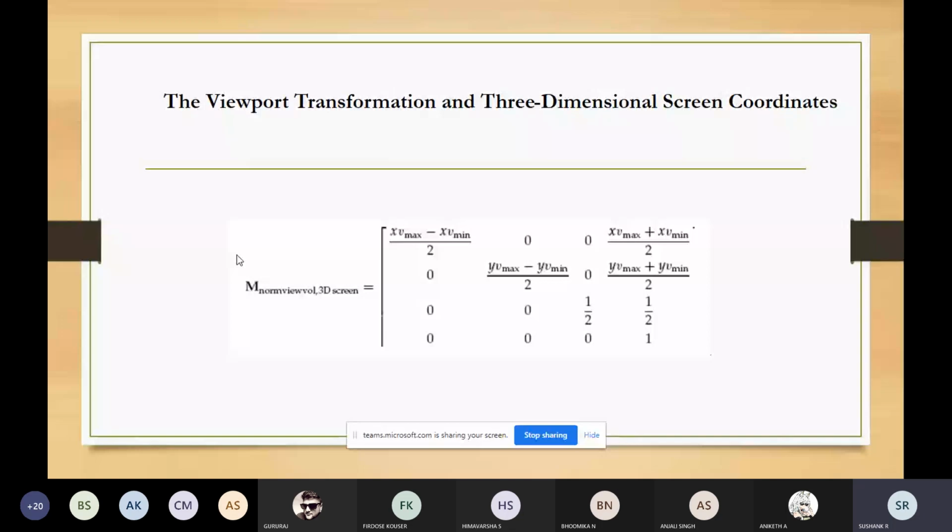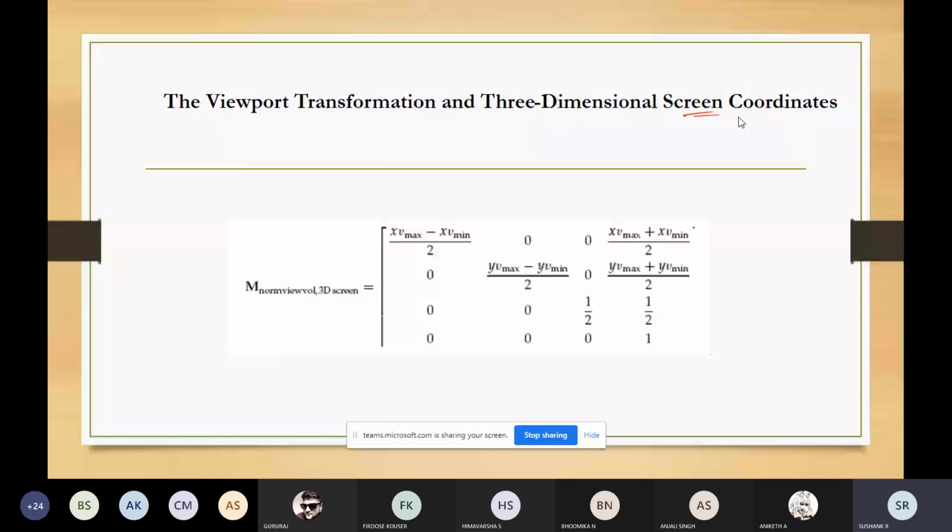Then the contents of the normalized view volume can be transferred to the screen coordinates, the final one. Here the screen coordinates mean the coordinates on the display device.